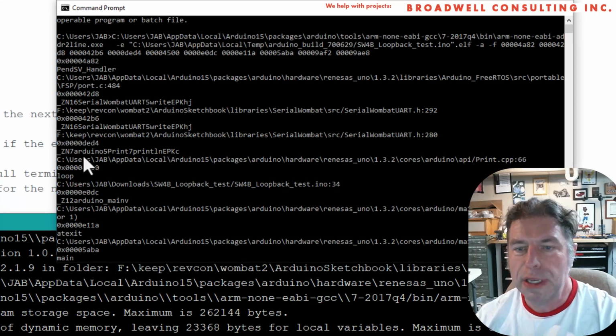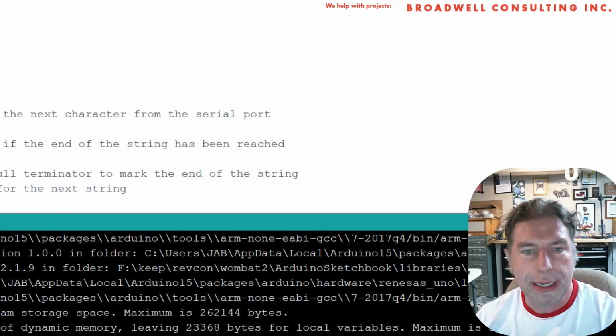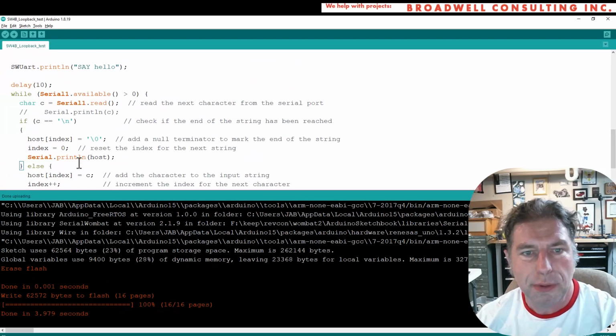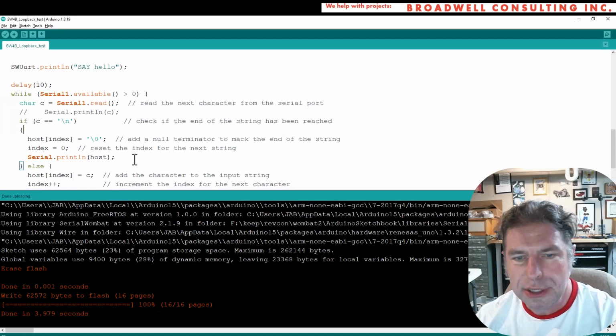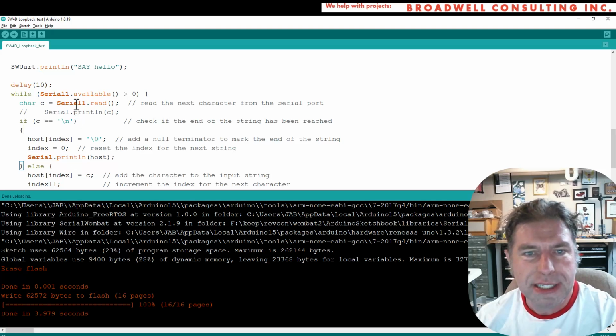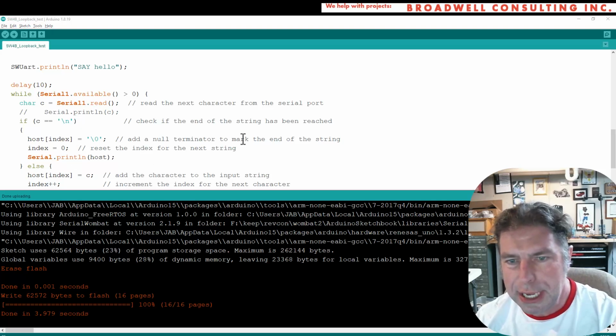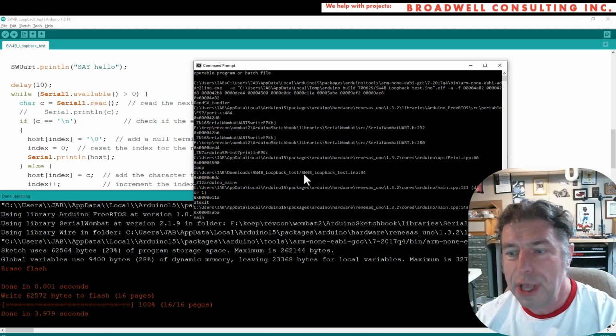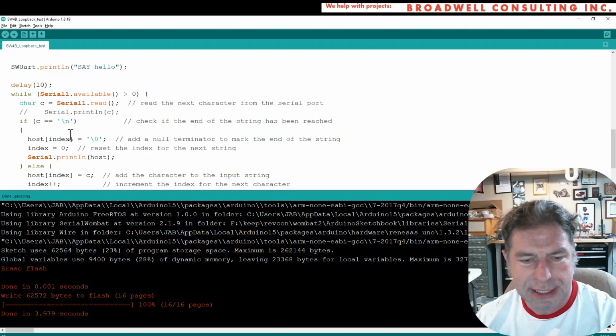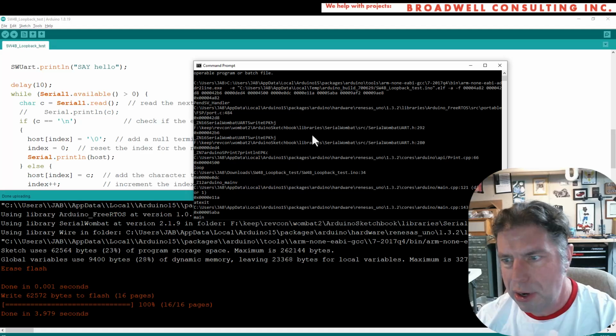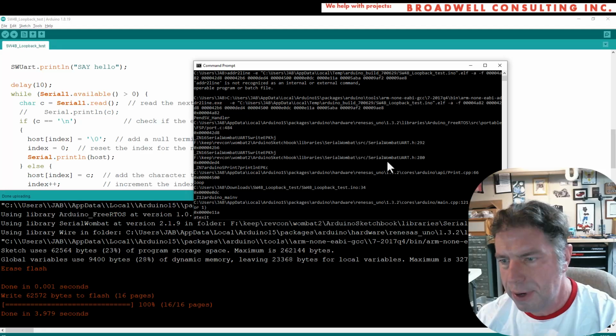And from loop, where did we go? Okay, Arduino print line. Do I have an Arduino print line? I got a couple of different ones in here. And so maybe it's this one, maybe it's that one. Hard to say. Actually, I don't have to guess. I could actually look at the line. So if we look here, it was print line on line 66. Okay, so the lines don't line up exactly because of the way that Arduino compiles and puts together its CPP file. It loaded other stuff at the front, but we can see that the next thing it called